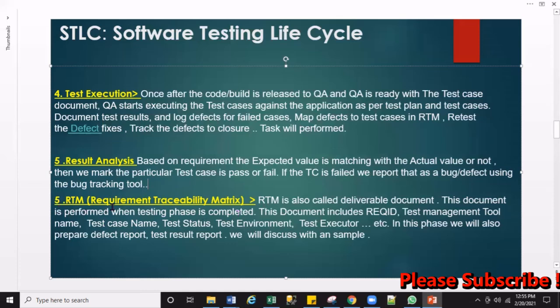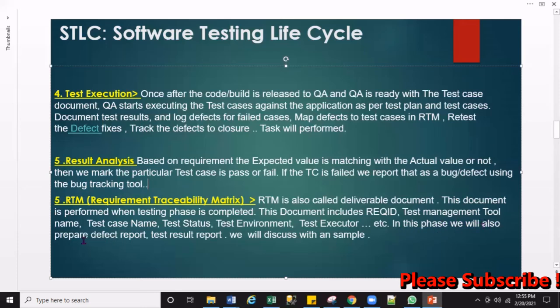It will be prepared by the test lead. This document includes the requirement ID, the test management tool name where you maintain your test cases, test case name, test status, test environment, test executor, and many other columns based upon the company rules.